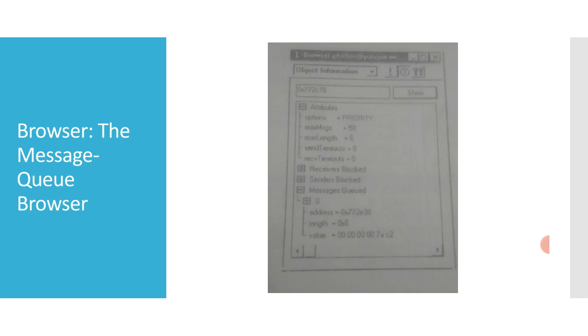Shared memory message queues have a very similar display format, differing only in the title bar, just as for semaphores. The message queue browser also has a version for POSIX message queues.